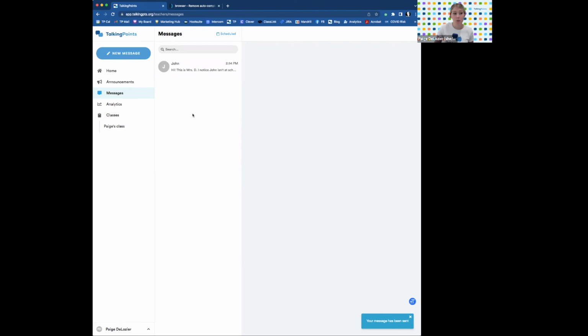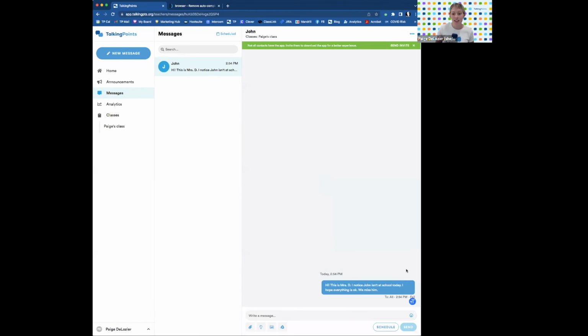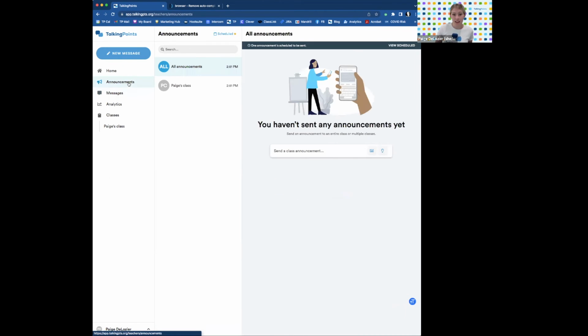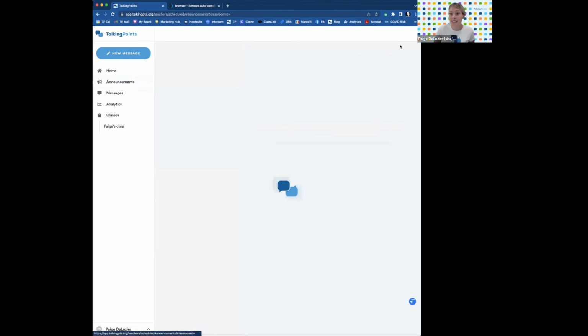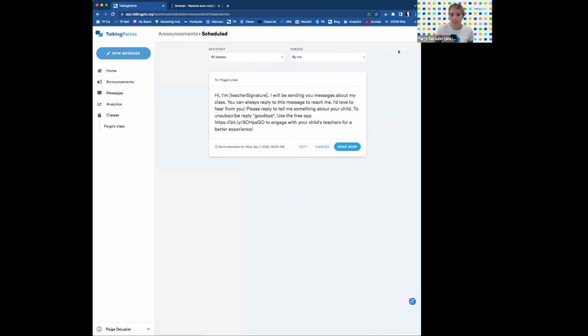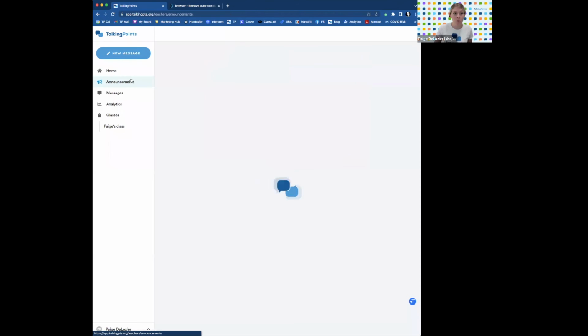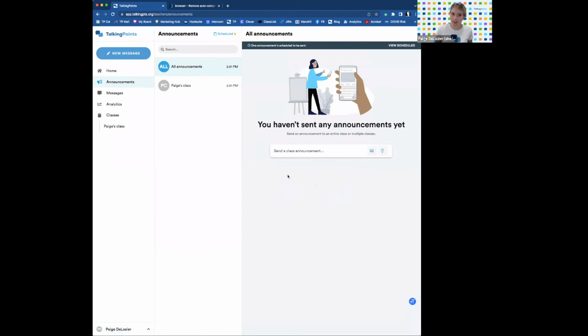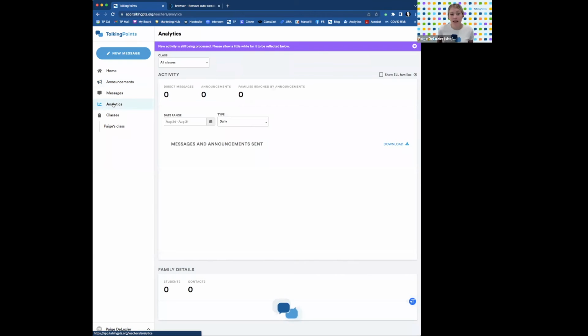Those messages will show up here under messages where I can see that conversation right here going back and forth. And I'll be able to see the announcements that I've sent out here. Now, the announcement that I wrote earlier is scheduled. So it's in this dashboard, but once it does go out, it will be here and I'll be able to see that. I also have my analytics dashboard, which doesn't have a lot going on yet, but once I have